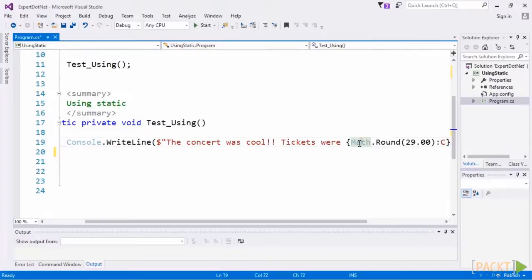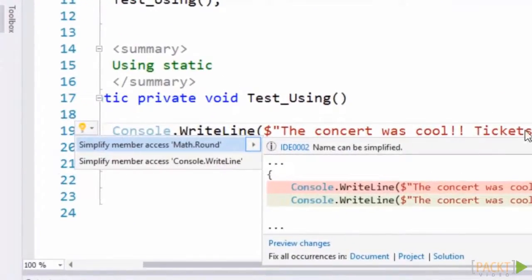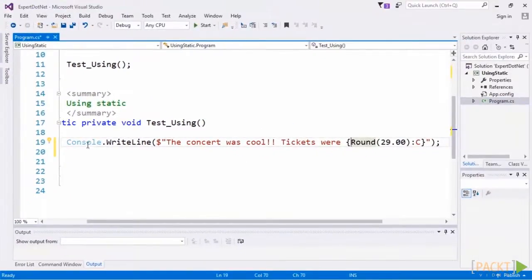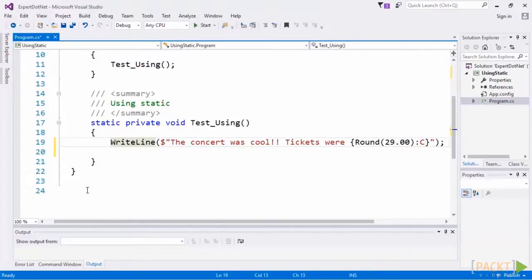So if we click on Math and hit Control period, we can simply hit simplify member access and it will remove that. So essentially we could do the same thing for Console. I'll just hit the delete key to remove it now. And basically now, since they're already in scope, we don't need to reference them. So it keeps your code